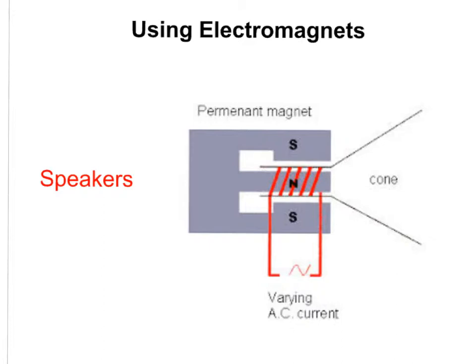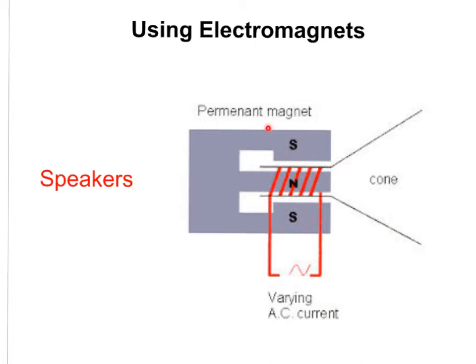Well, the musical information produces changes in voltage, and those voltage changes vary the electric current in the electromagnet. So both the size and the direction of the electric current change depending on the information in the music file. This varying electric current causes both the strength and the direction of the magnetic field in this electromagnet to change. That changing magnetic field causes the electromagnet to be either attracted or repelled to this surrounding permanent